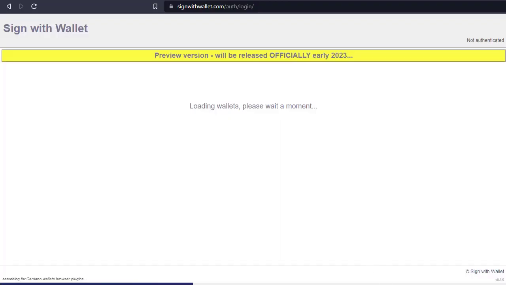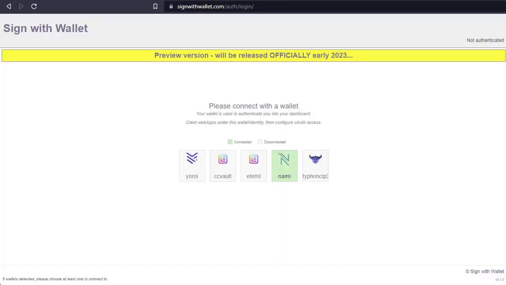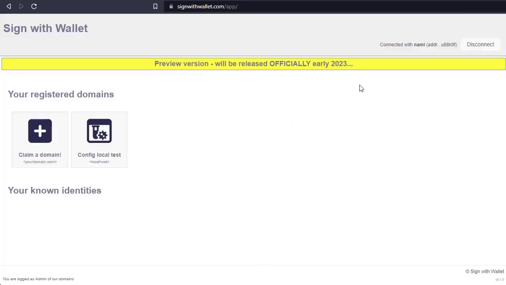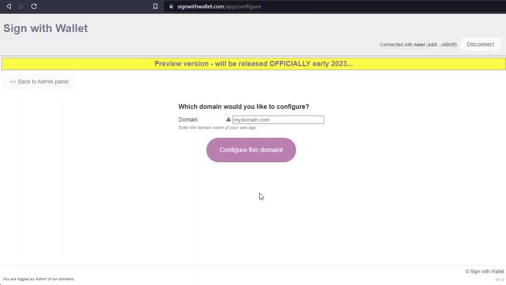Going to click on configure. This will load our wallets from Cardano. I will choose to be authenticated through my NAMI wallet. So this will become my user which will register these domains. So we're going to claim a domain here